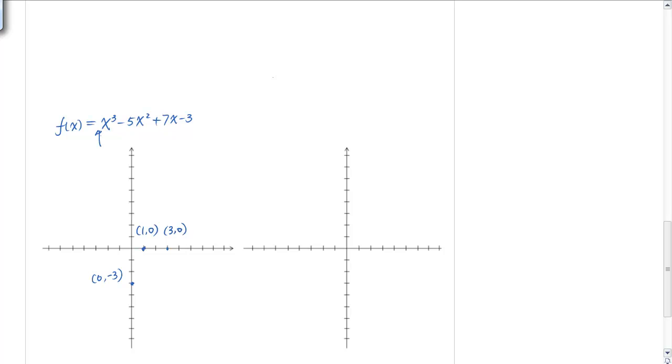The leading coefficient is positive 1, therefore the right-hand side goes up. The degree is 3, which is an odd number. The left-hand side tail will go to the opposite side, go down. Based on all this information, now we can graph our function to be